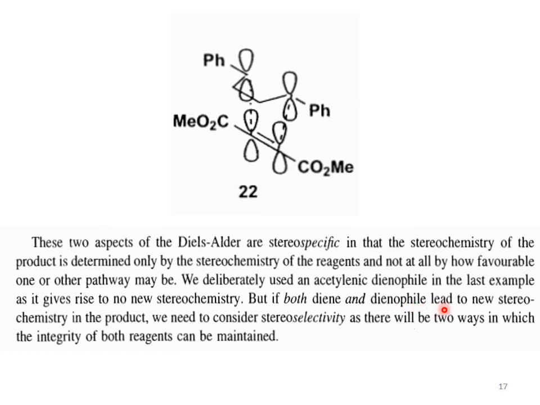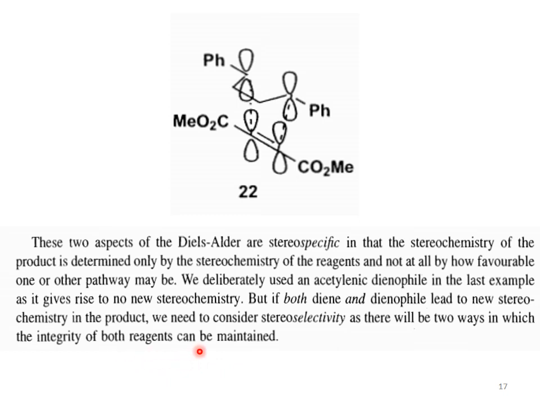The other way to describe the stereochemistry of the diene is by placing the diene above the dienophile. The structure number 22. Again, from here, see the two phenyl groups are on the same side of the double bond, and the hydrogens are also on the same side. So, the two phenyls are cis. So, these phenyls will be in cis form within the Diels-Alder adduct, the Diels-Alder product.